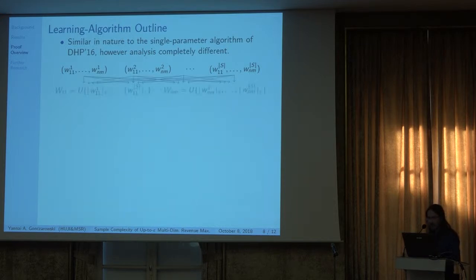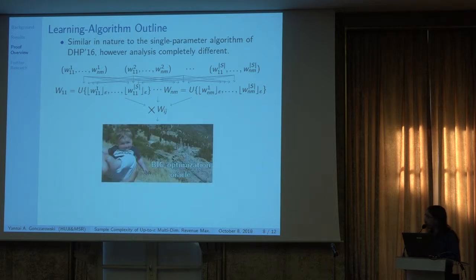Then we're going to mix and match, and we're going to define the empirical distribution over all of the samples that match a certain bidder and a certain good, rounded down to a multiple of epsilon. Remember, this is going to be important. Then we're going to take the product of these empirical rounded distributions to obtain the rounded empirical product distribution. We're going to feed this to our Bayesian optimization oracle,